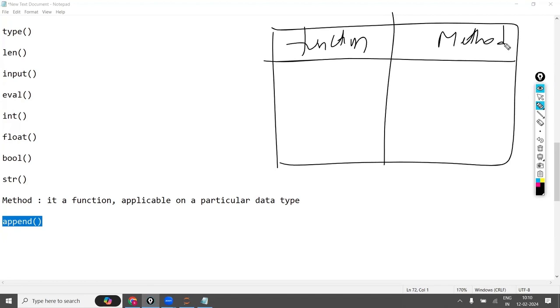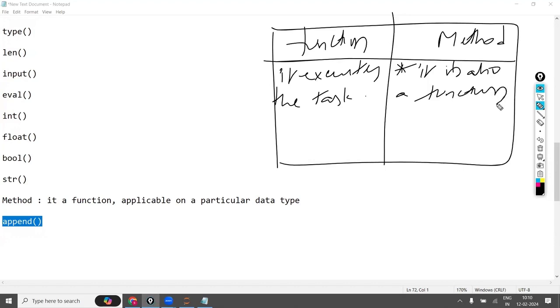A function will execute a specific given task. A method is also a function, basically. A function is applicable on all data types, whereas a method is applied on a particular data type.